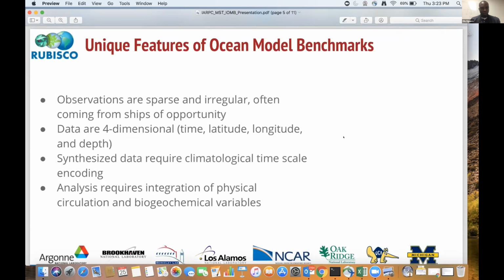And then one thing to also mention is that for the ocean, most of our data sets are climatological data sets. So for example, if you look at the World Ocean Atlas, you've got the Takahashi data, most of our data sets in the ocean are climatological. So what ends up happening is IOMB has to go through the model and then calculate a commensurate climatology from the model before we can begin to do that evaluation.